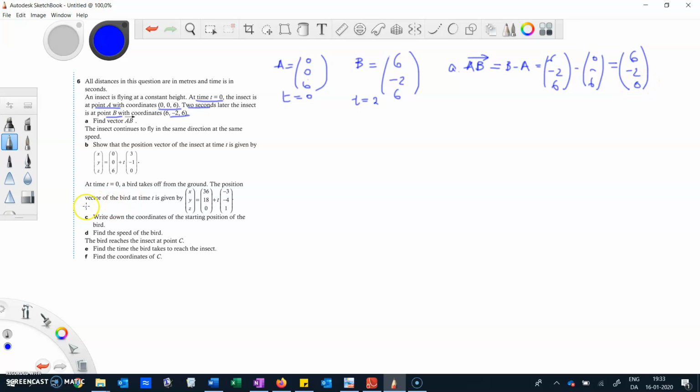For task B, show that the position vector of the insect at time t is given by this equation. Show that means that we have to show somehow mathematically why this is the equation. You can motivate by writing that, first of all, you know where the insect is at time t equals 0. The insect is in fact at point A. This one will become your position vector,